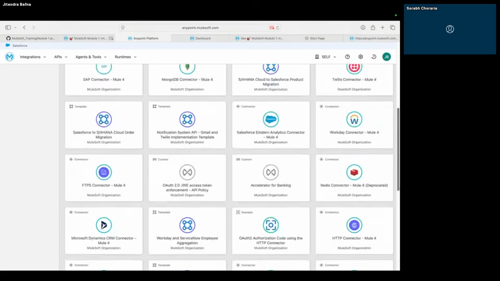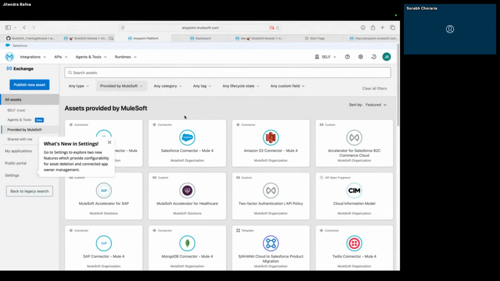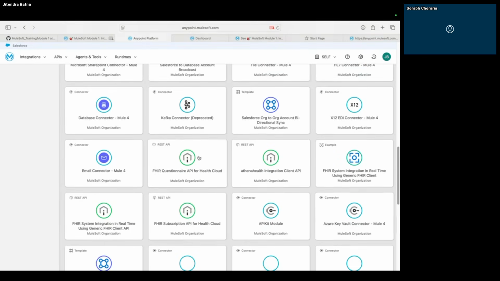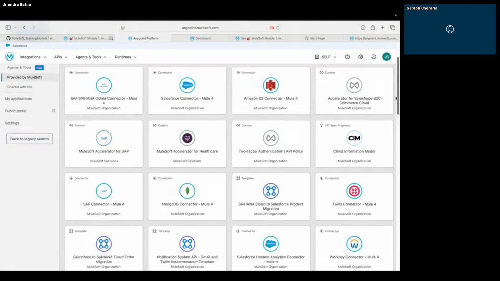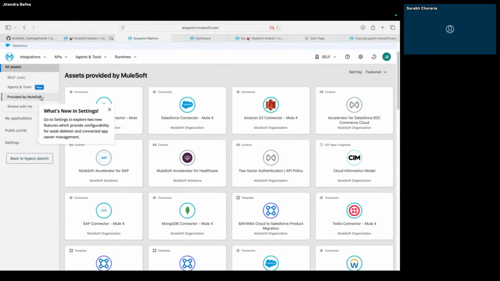This is a kind of repository where you find connectors, assets, and various solutions for different industries like healthcare. This is out of the box, everything provided by MuleSoft, and you can use it in your solution.